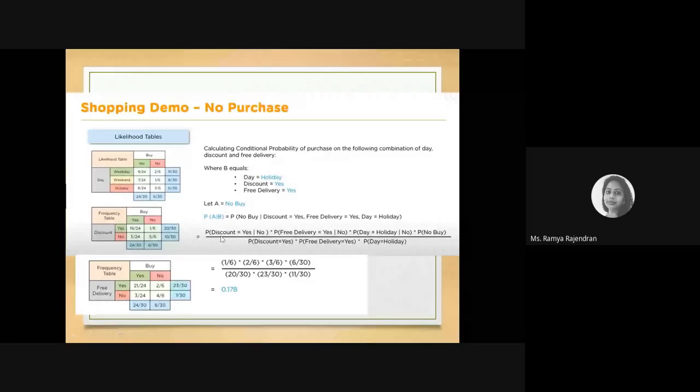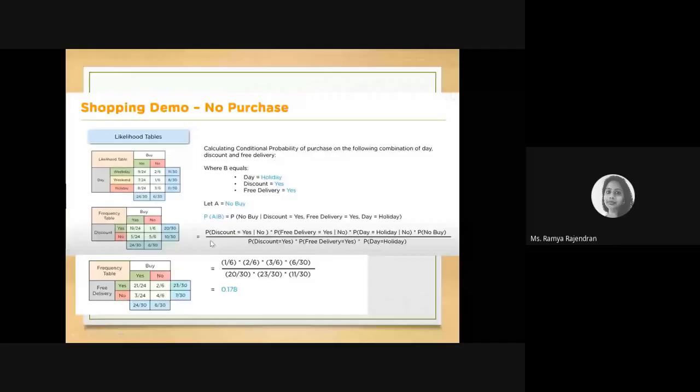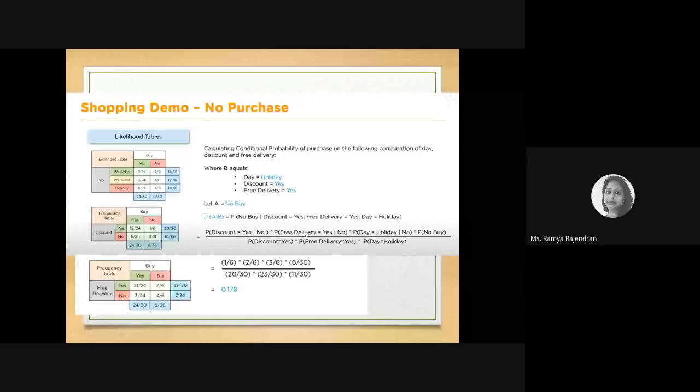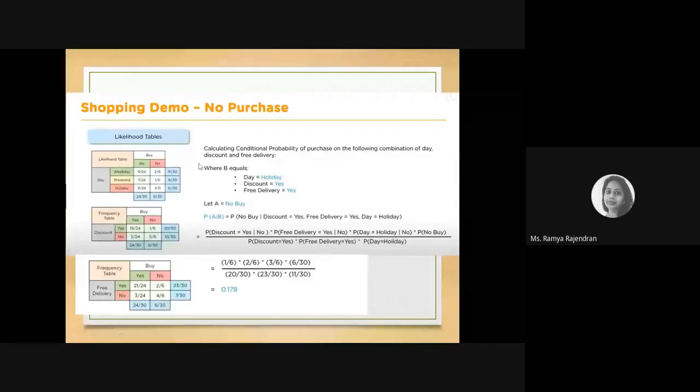And when he is not buying, this discount is 1 by 6. In the free delivery table, we have to check whether free delivery is available but the person is not buying. So 2 over 6 here. And here the days of holiday when the person is not buying, so it's 3 over 6 here. And totally, when the person is not buying at all, it's just 6 over 330. Whole divided by